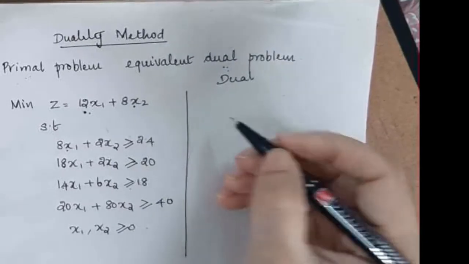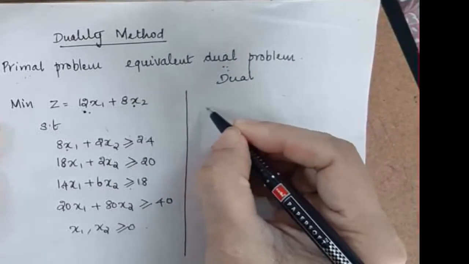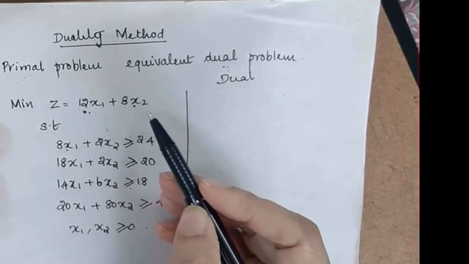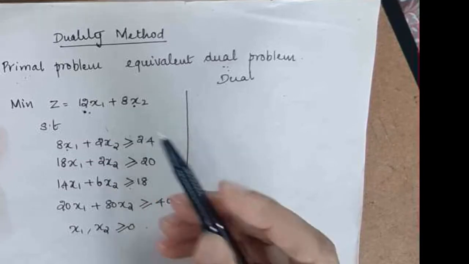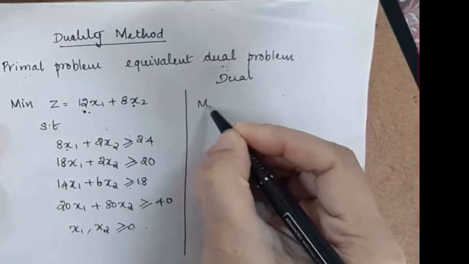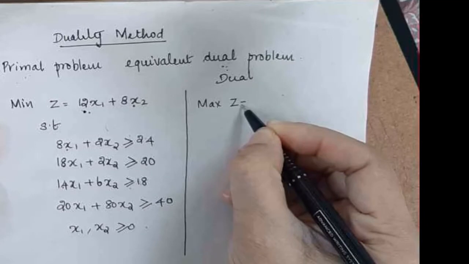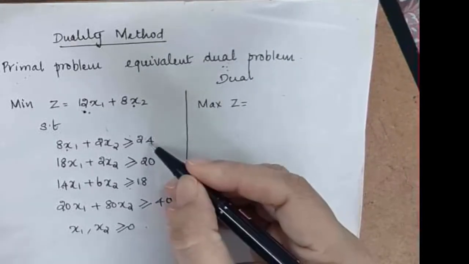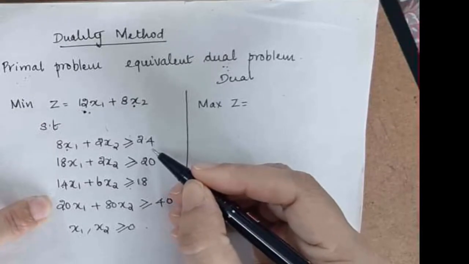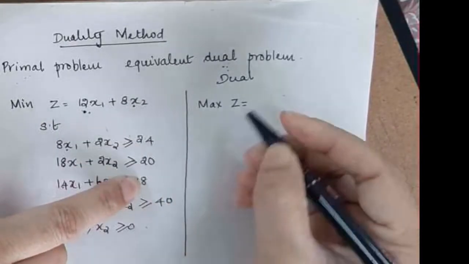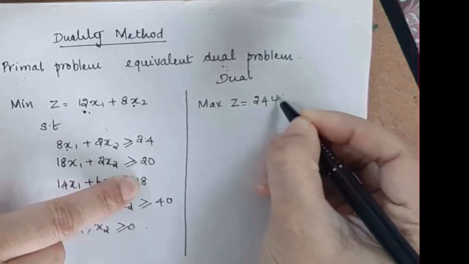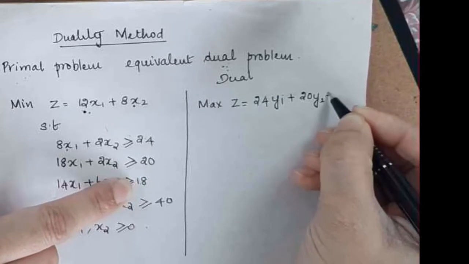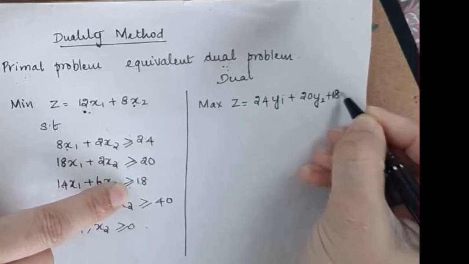So we will write the dual. We are going to use the variables y1, y2, y3 instead of x1, x2 in the dual problem. So minimization will become maximize z is equal to, there are 3 constraints, so you will have 3 variables. It will be 24y1 plus 20y2 plus 18y3